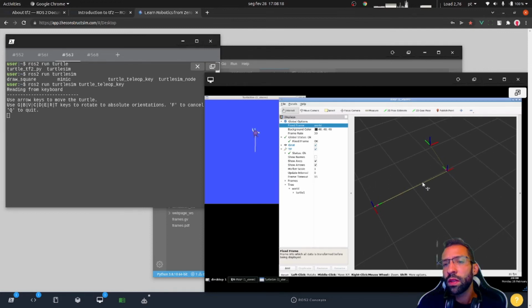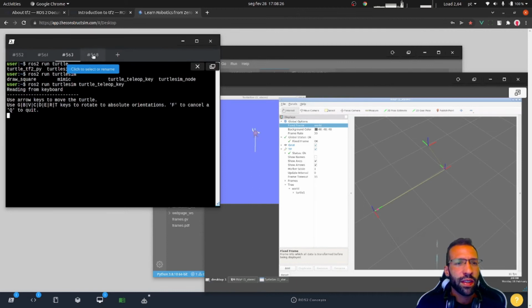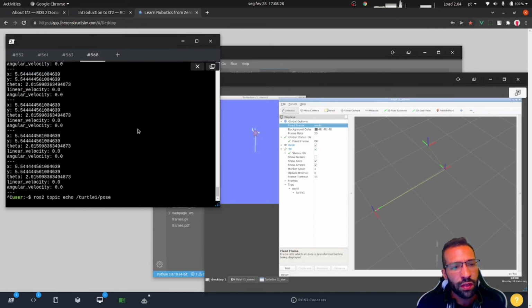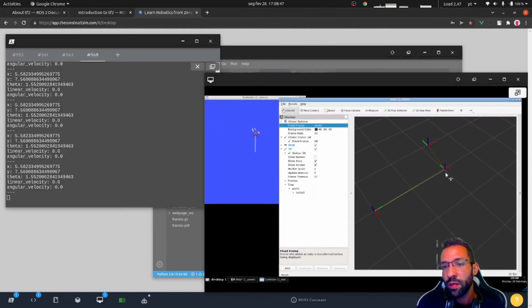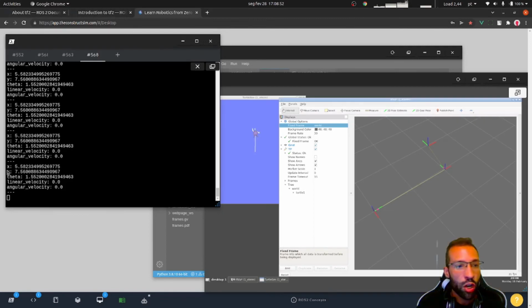So let's check now the final advantage of having the transformation frame, because for us it's quite simple and quite obvious: we have the position of the turtle in relation to the world, and actually we have this original position here. But let's say we want to know the position between the reference frames that we have created, the turtle and the world. In this case, it should be something similar to 2 meters in the Y position, for example, because we're not considering this reference frame anymore. Remember, we